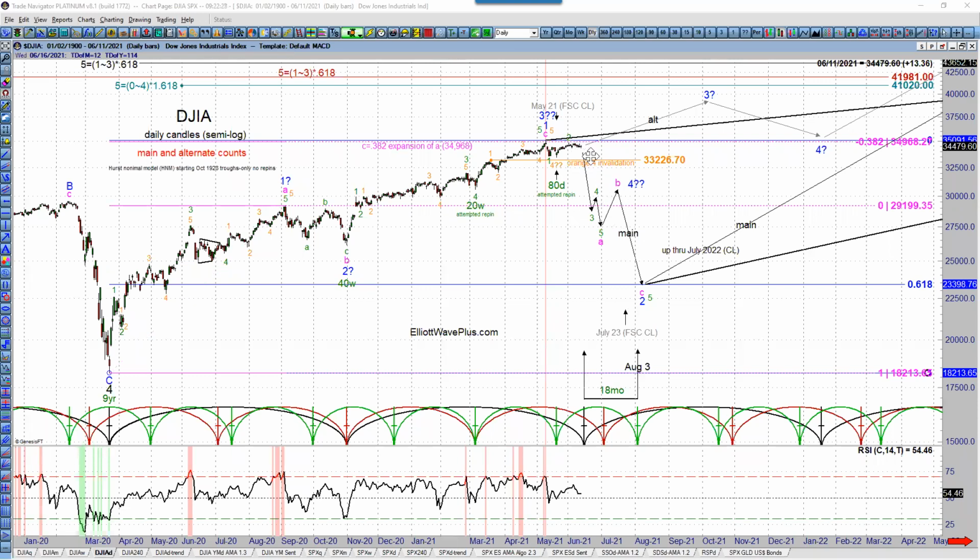And so I think it's time for this thing to get started to the downside. And that's all based on Hurst. It's all based on Hurst. So the question is, is that enough time to get a really big plunge? And I would say that it probably is enough time, but it's probably going to need some kind of catalyst from the entity that seems to be micromanaging the market today, and that is the Fed.